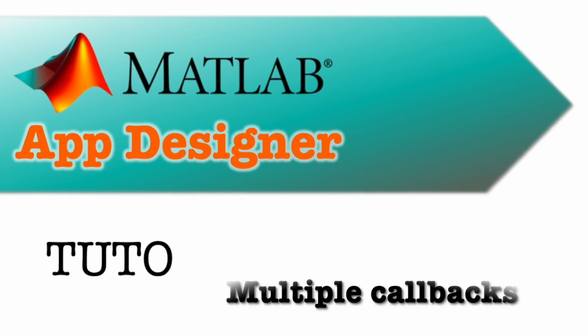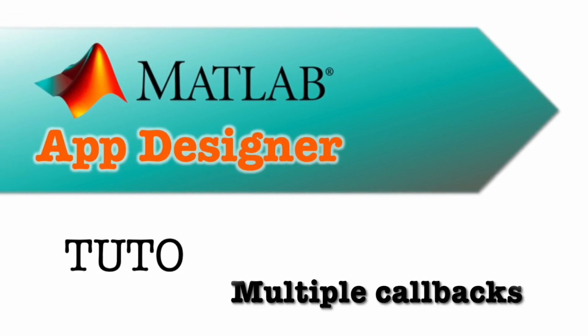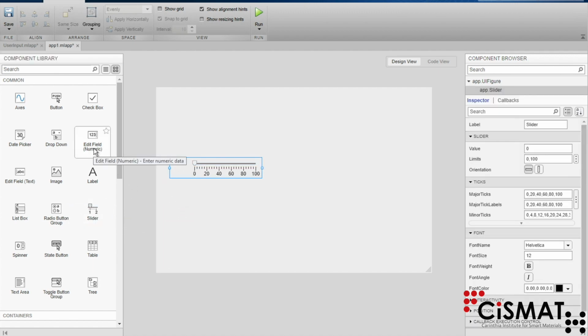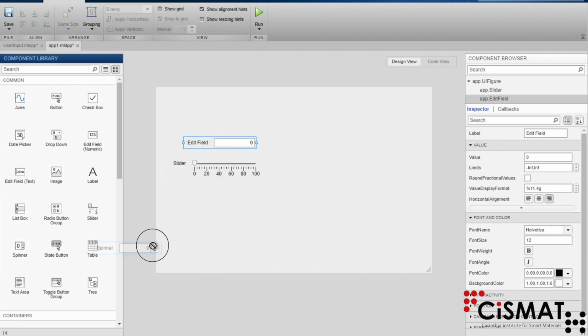In this video, we will see how to use multiple callbacks. For this application, we will use different kinds of components to get user inputs. First, we will add a slider. We will also need an edit field to get input from the user. We will also use a spinner